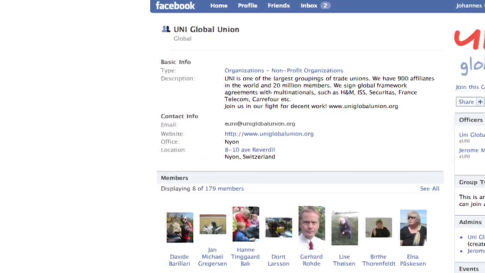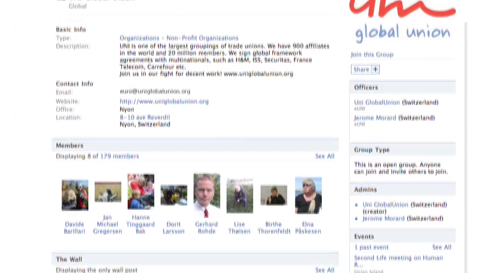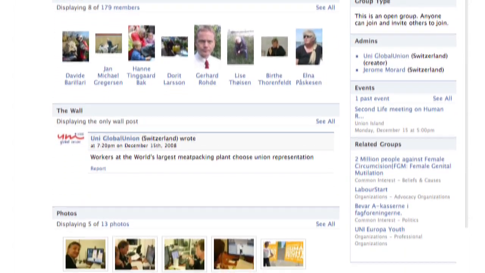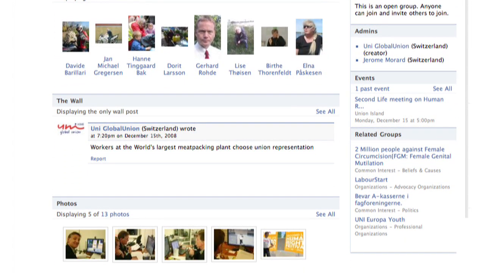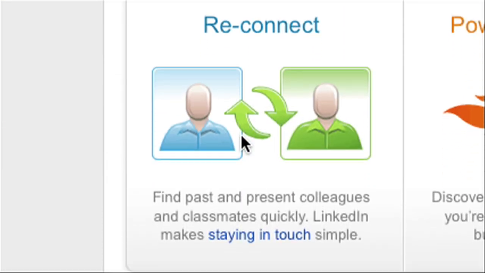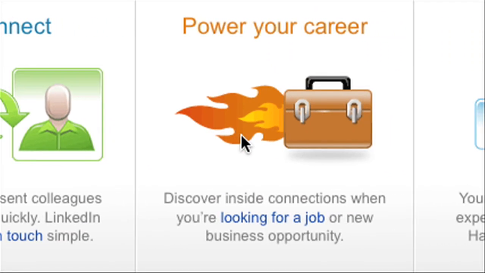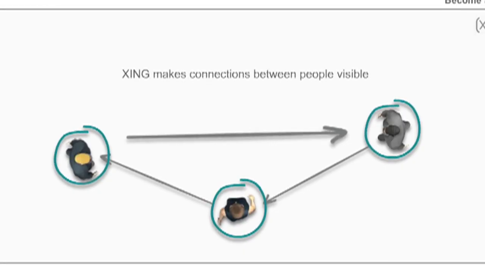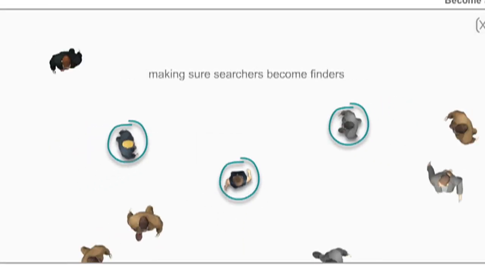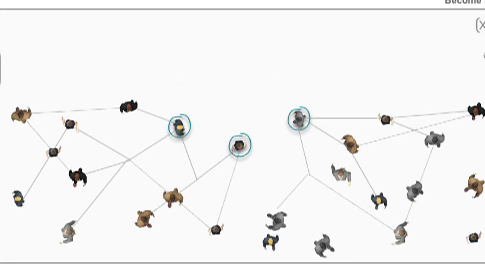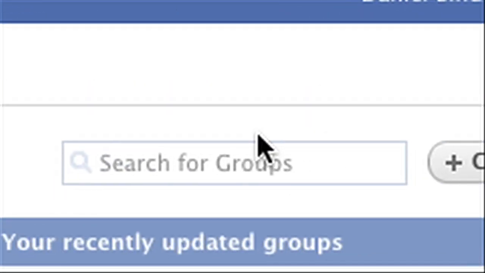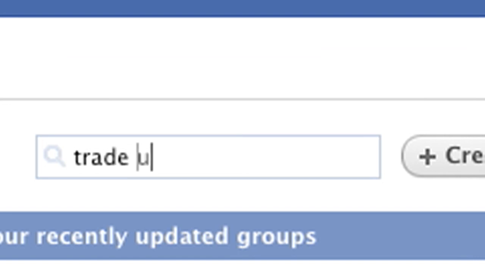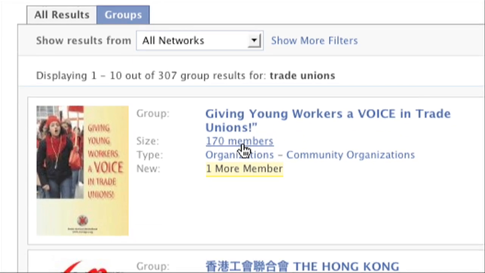in. Facebook helps me stay connected with other union activists all over Europe. It keeps me updated about what they do and makes it easy to share information. The real power of it lies in the ability to increase your network, since you can find out who the friends of your friends are, or in the case of Crossing, who the business partners of your business partners are. You can also become a member of a group, which can be a discussion forum on any topic.